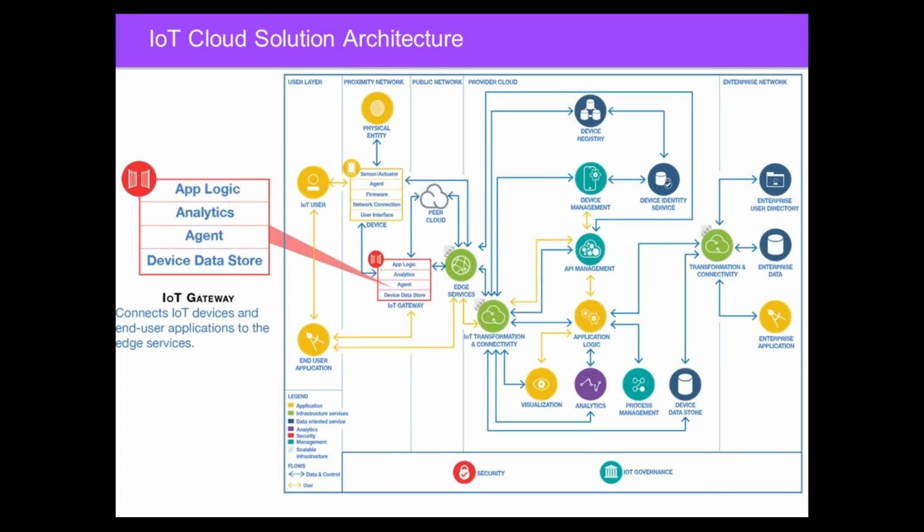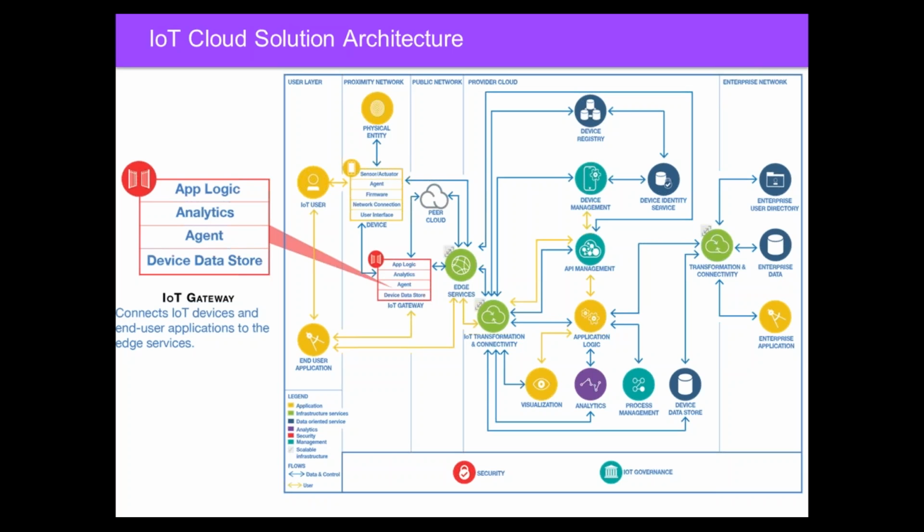And I only want to send exceptions to the cloud. In a lot of cases, with some customers I've been working with, they're getting literally hundreds of samples a second from some of the sensors, and they may only need to get 1 second intervals to send up to the cloud. So I can save a lot on the amount of data that I send up.